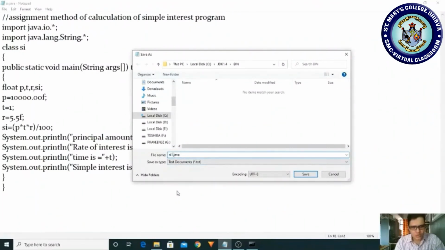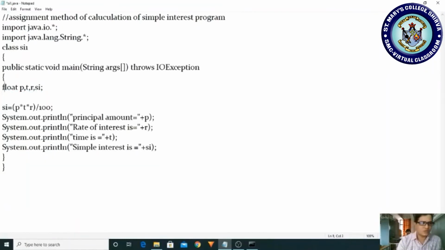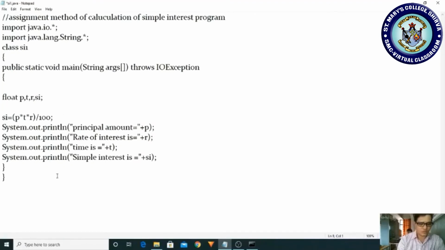Okay, si1.java. Now I have to make si1. Now it is the same thing. Now before storing this, what do we have to do? We have to create the input object. Then how to create the input object? By using the statement DataInputStream db. db or your own name also you can give. If you are using new, you are creating an input object of type System.in. For the input class, you are creating the object of the input class.